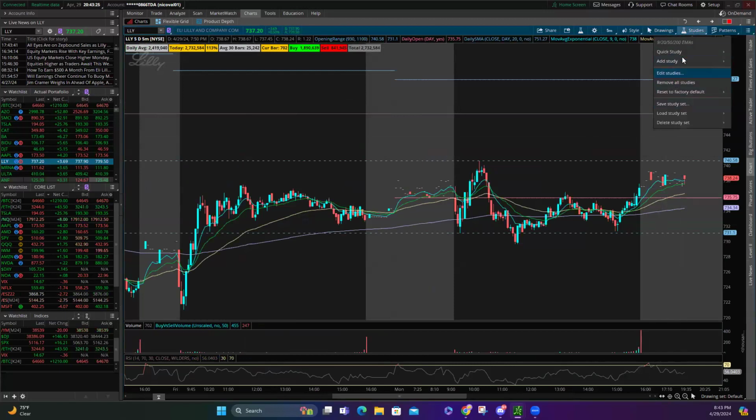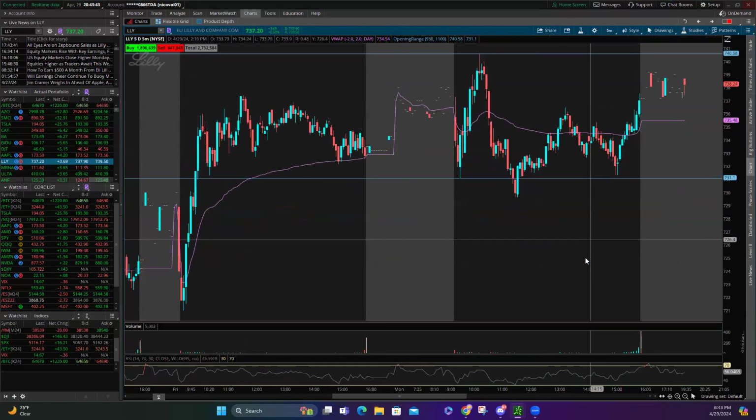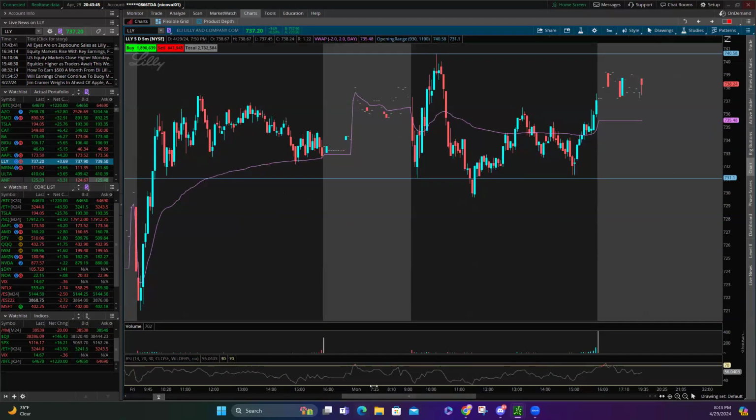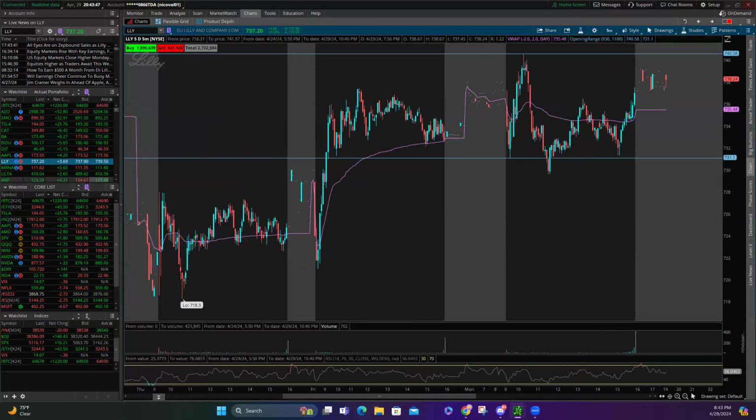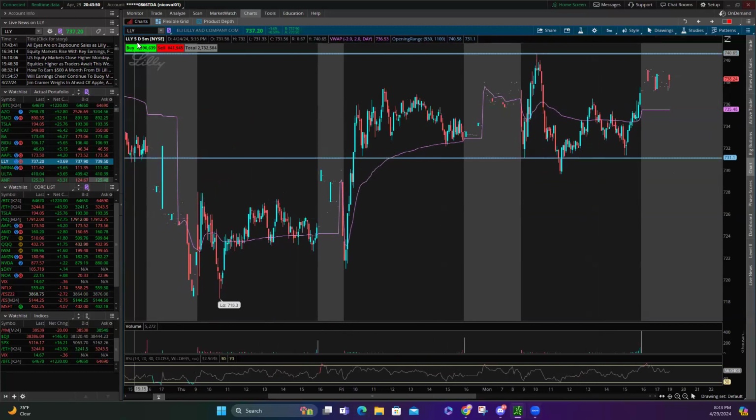And remember, guys, if you're using TOS, you can jump between your studies. In the same chart while you're watching, you can change your studies and jump from one to the other. You can save the study, delete it, load them, remove them all, and edit them. It's really useful because then you can see different things if you're looking for a clearer indicator on when to get in or where to get out.